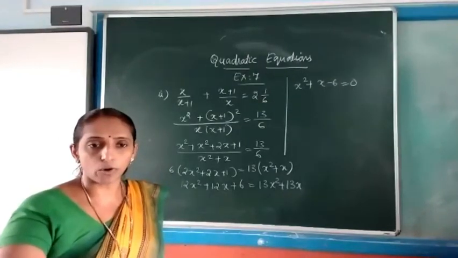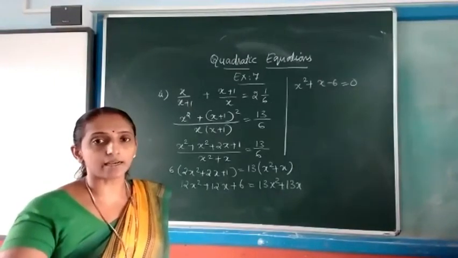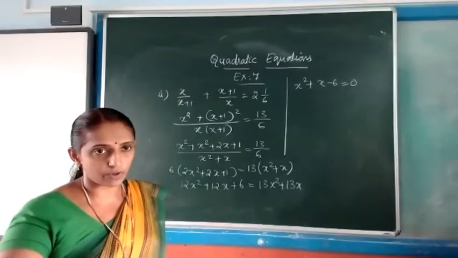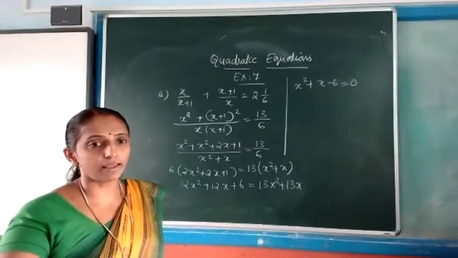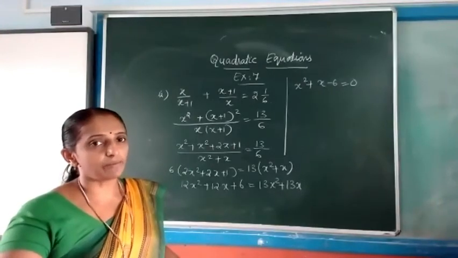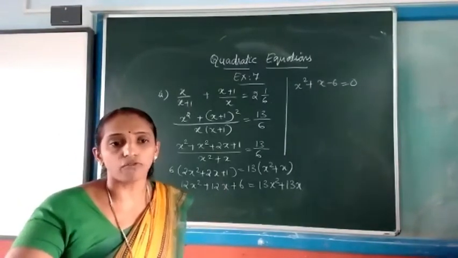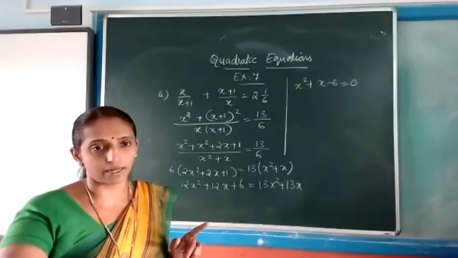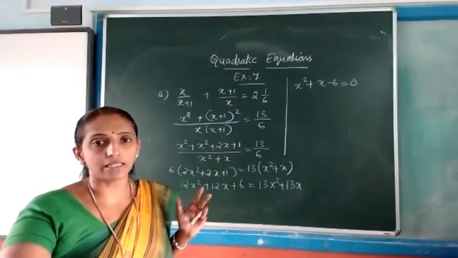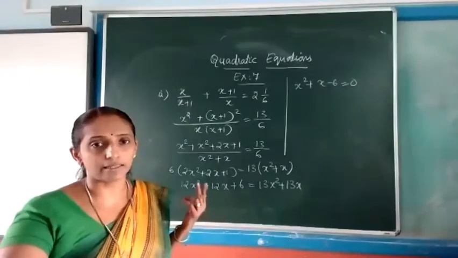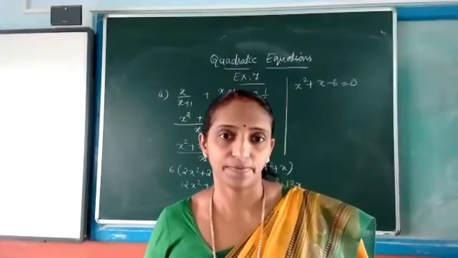So, first of all, you will follow the trinomial's factorization rule, that is splitting the middle term by taking the two numbers satisfying the condition. Then after splitting, you will get two factors whose product is equal to 0. It implies that either the first factor equals 0 or the second factor equals 0. So finally, by equating the factors to 0, you get two values for x, and these are the two solutions for that particular equation.